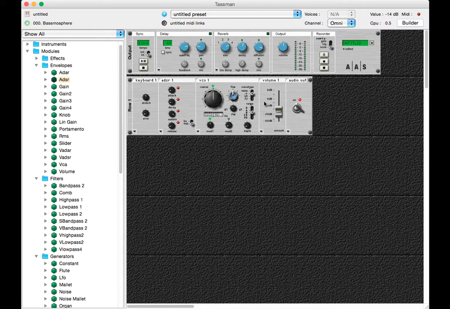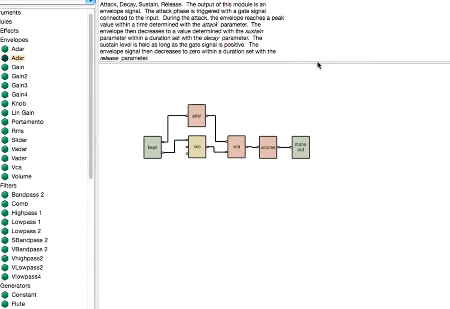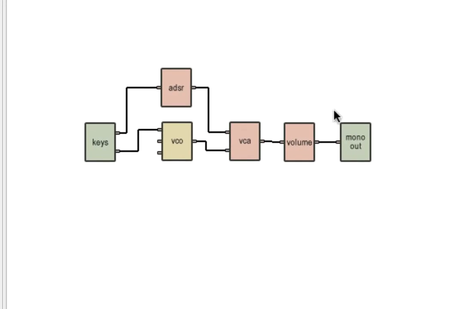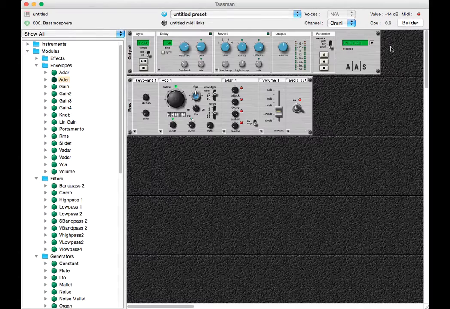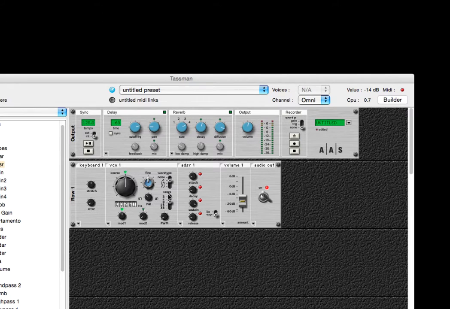Incidentally, an interesting and useful feature in terms of organizing things in Taskman is that it looks at the layout of the modules from left to right in order to define where it falls in the player section. So if I just make sure that my volume envelope is to the right slightly of the VCO, then when I come over here, we notice that it's to the right of the VCO module. So now if I strike a key on the keyboard,